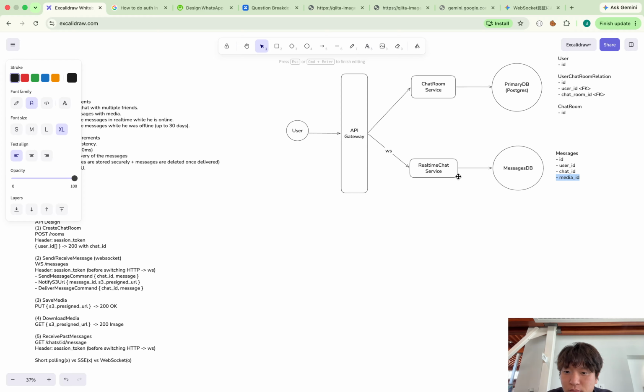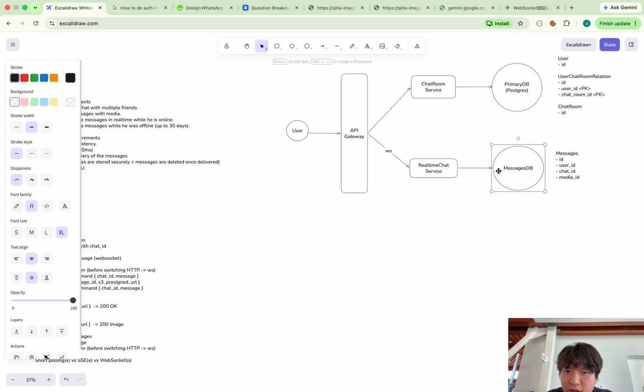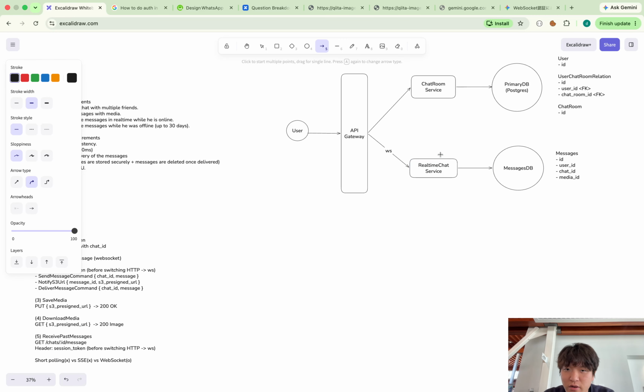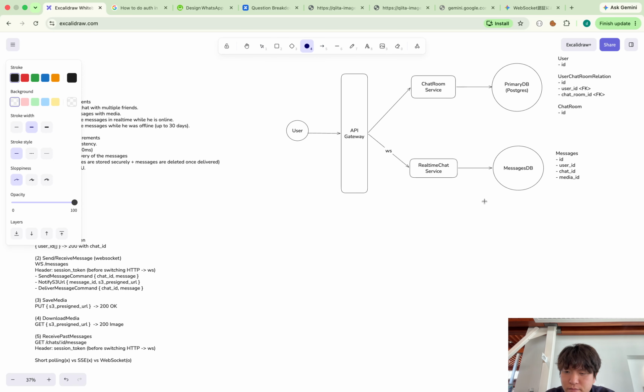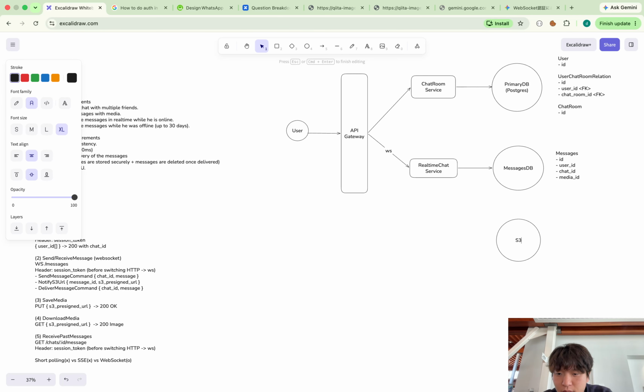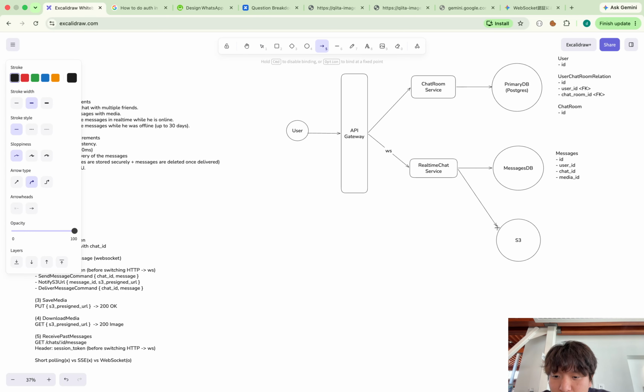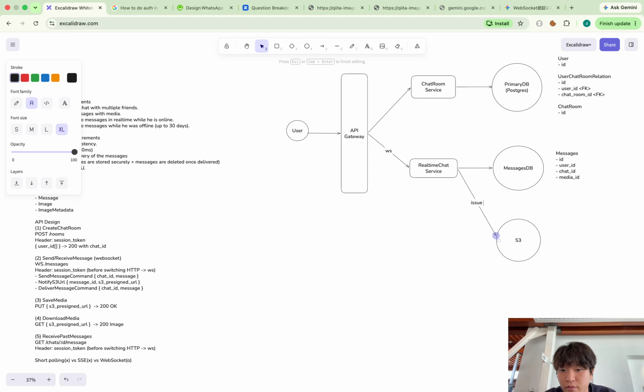So what happens is that now the message is sent, and if he tries to send the media with that, this also hits S3. So this real-time chat service hits S3 to issue a pre-signed URL. Then this pre-signed URL is returned to the user. Also the message too.